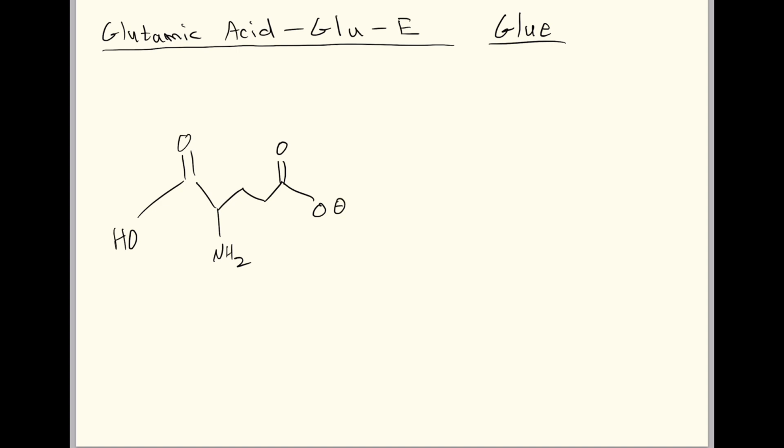Make sure that's the negative charge. And here we go. This is how I memorize glutamic acid. So these O's right here, kind of the way I remember is glue, right? Glow, glue. Well, that's how I think about glutamic acid when you think about these two O's facing up,